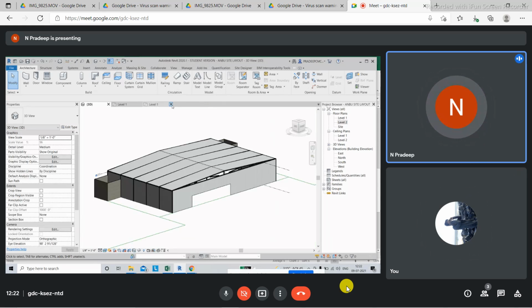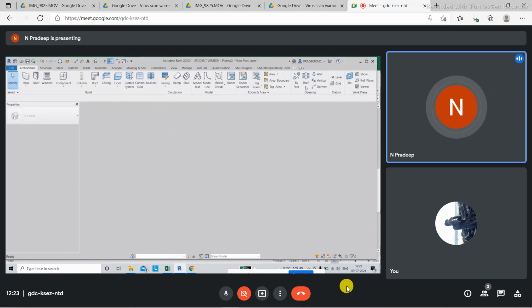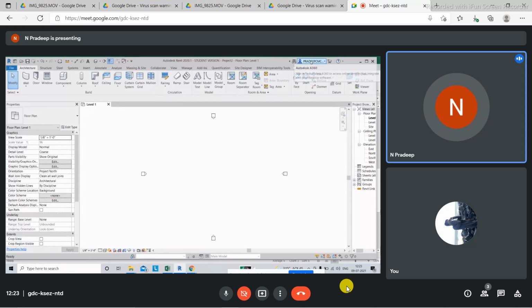So I'll close this project and create a new file first. This file that I'm creating now is created by the project head. Right now I'm logged in using my ID; you can see on the top it says Pradeep CMCG 2015. Let us say I'm the project head sitting here in Chennai. I'm going to create some basic inputs for you, the architect people, structure people, and MEP people. I'll create an input file for all three of you, and that input file will consider some basic things in it.